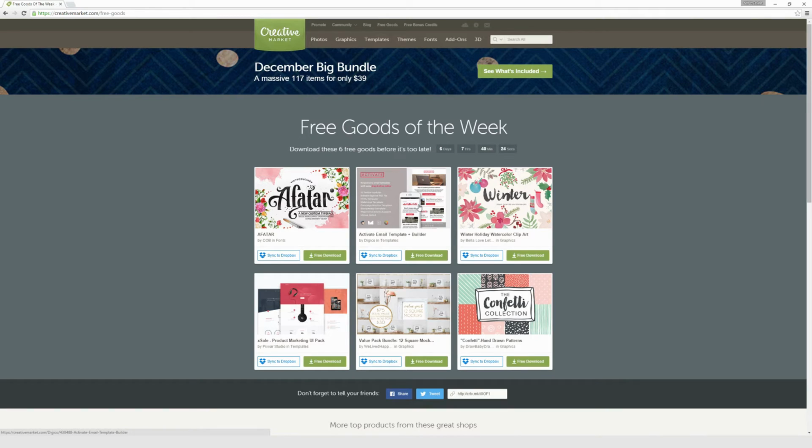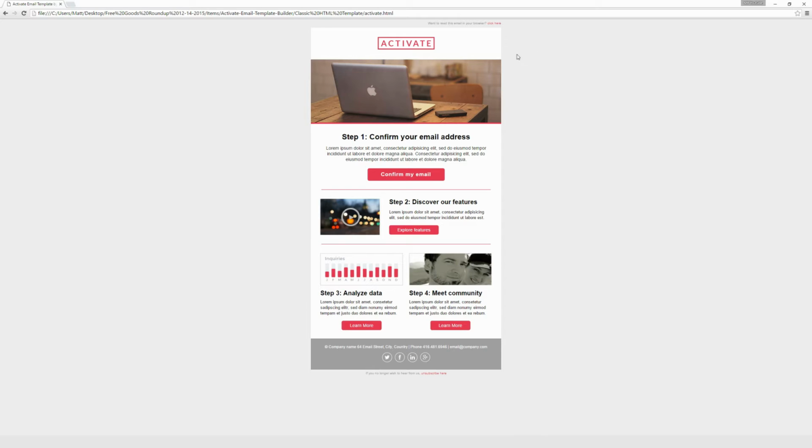Next up is Activate Email Template. So this is a little bit different than some of the templates we've seen in the past because this is a template for email services. So that's kind of a cool, different way of handling a template because a lot of people do send emails for their businesses, and stuff like this can come in really handy if you want a bit more flexibility and